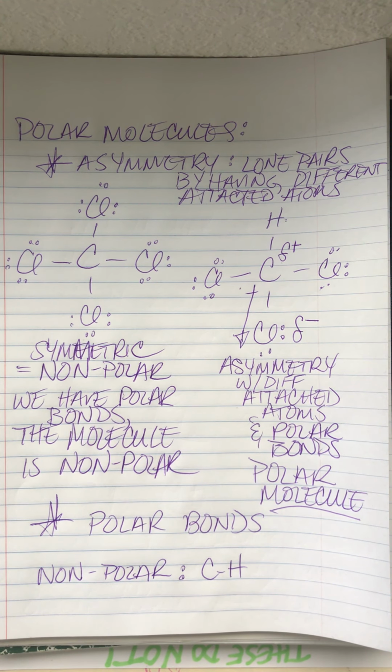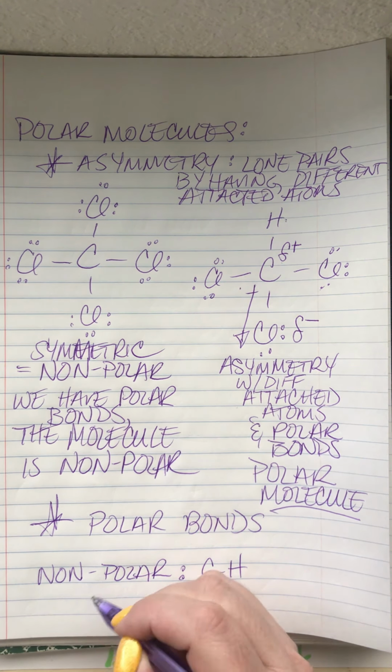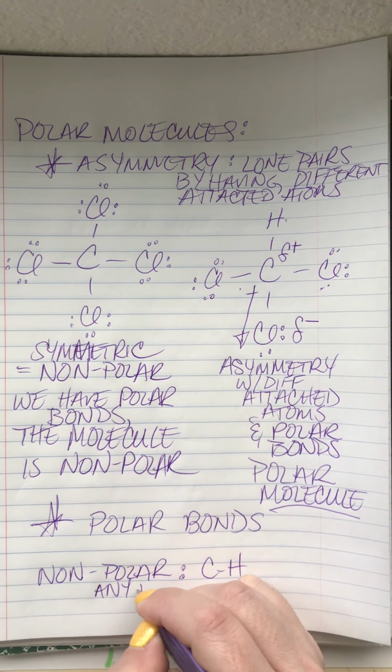Specifically, what did we say is the rule? Is it like when it's less than 0.04? That's the technical rule, but that's too hard to remember. I don't expect you guys to memorize electronegativities, right? So if it's bonded to itself. That's exactly correct. So if you have a carbon and a hydrogen bonded, nonpolar. If you have anything bonded to itself,